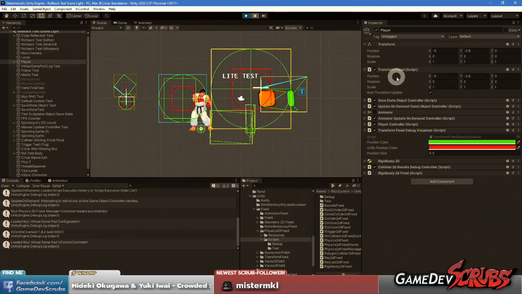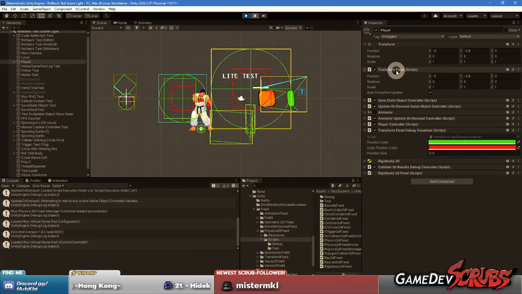Now those are deterministic, and what I do is I do all my position changes in transform fixed, and then that automatically pushes the update to transform, so it keeps Unity in sync. But all my important calculations are going to run through transform fixed. So it's like an assistant component.